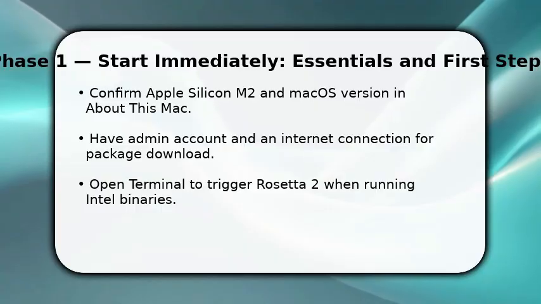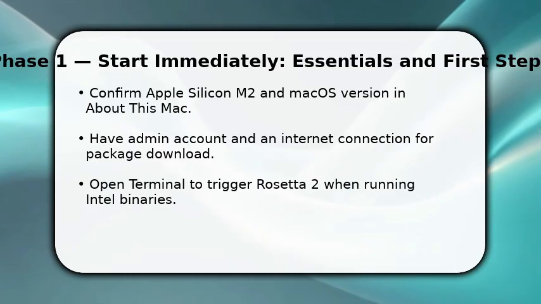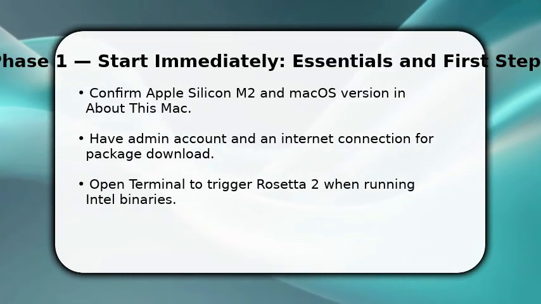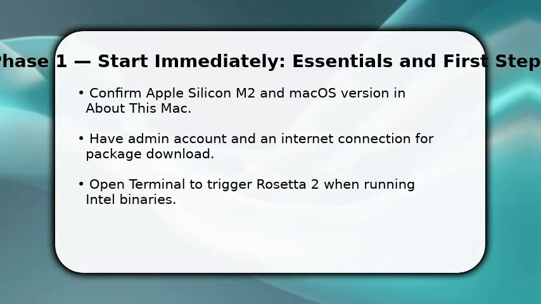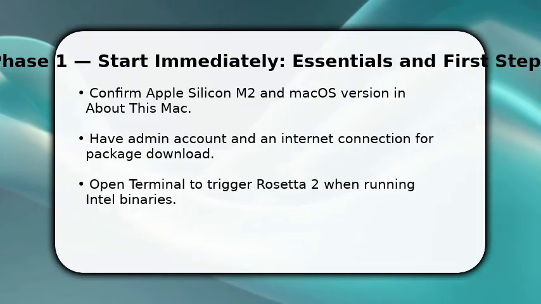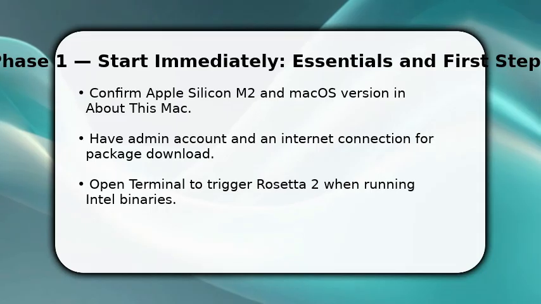Enjoy the video. You begin by confirming you have an M2 Mac and administrative access. This matters because Rosetta 2 runs automatically for Intel apps, but needs install privileges. Once confirmed, open Terminal and try launching an Intel-only app or run a simple command like